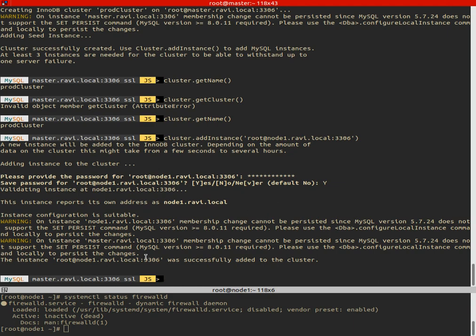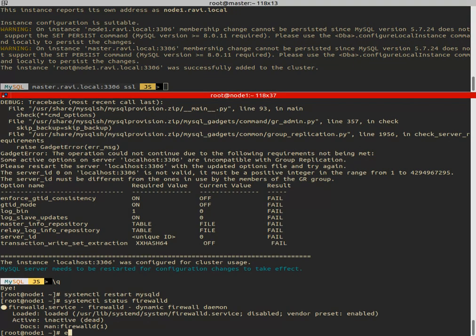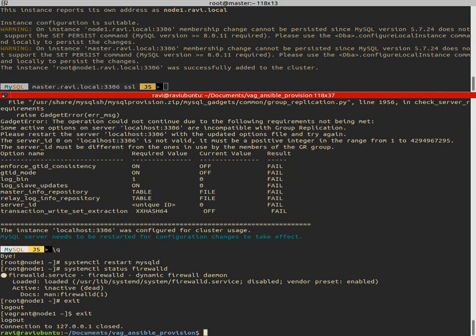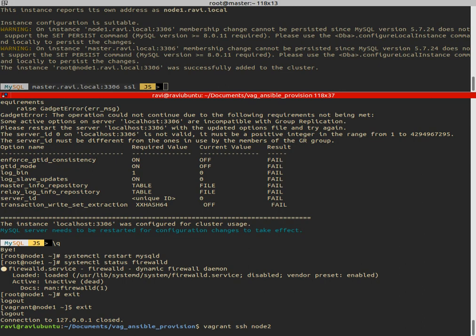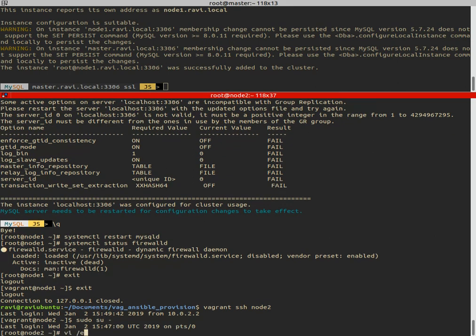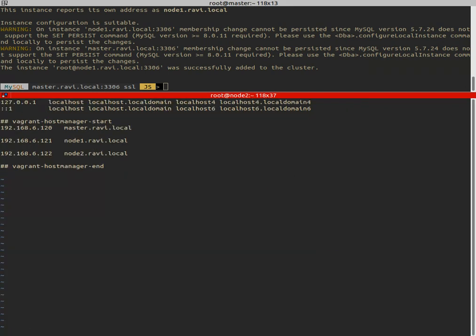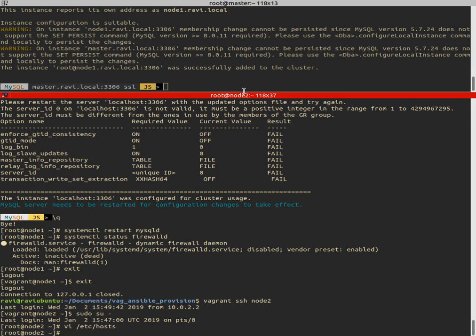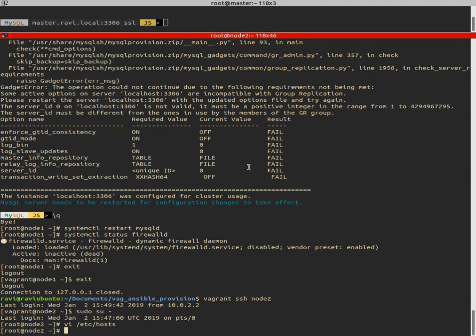Okay, so I'm back. Likewise, I have to do the same activity for node 2. So what I'm going to do is come out of node 1 and then run similar steps. So second ssh node 2 and become root, vi etc hosts. Remove that first line, it was disturbing. And then likewise,